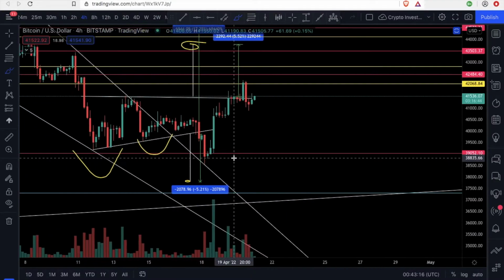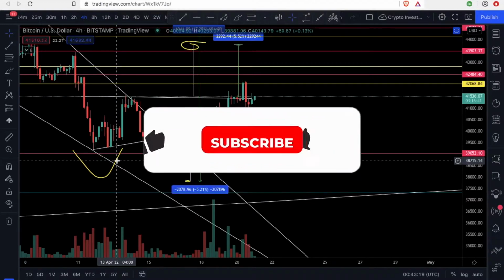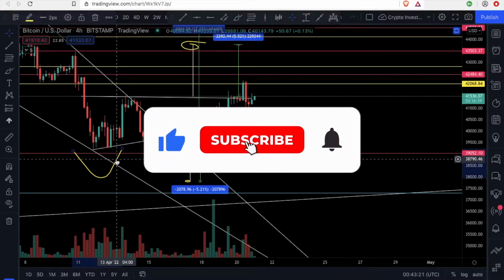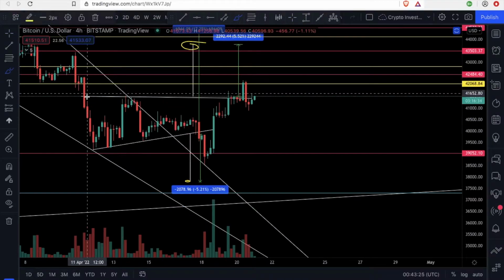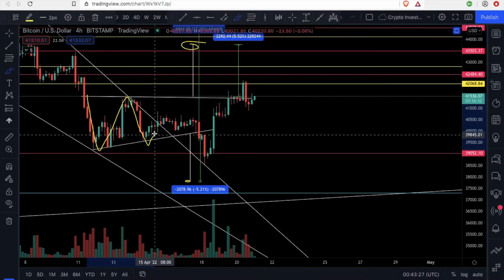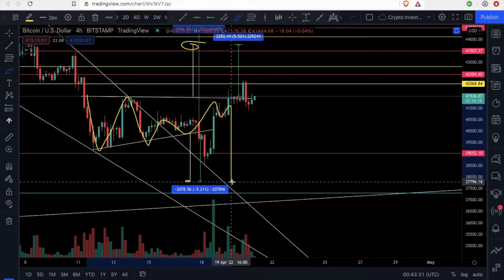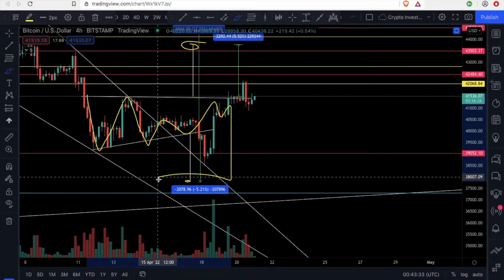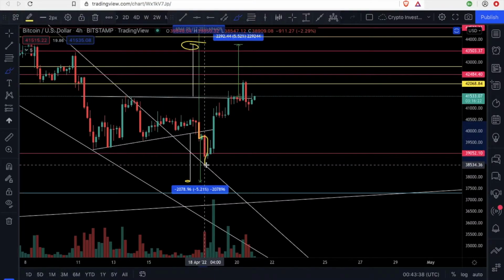So I just want to mention that I'm going to delete this to have fewer lines over there. The target for this pattern right here, which was an ascending triangle, was all the way down around this $37,800 level, but it came close to it here. It came all the way down to